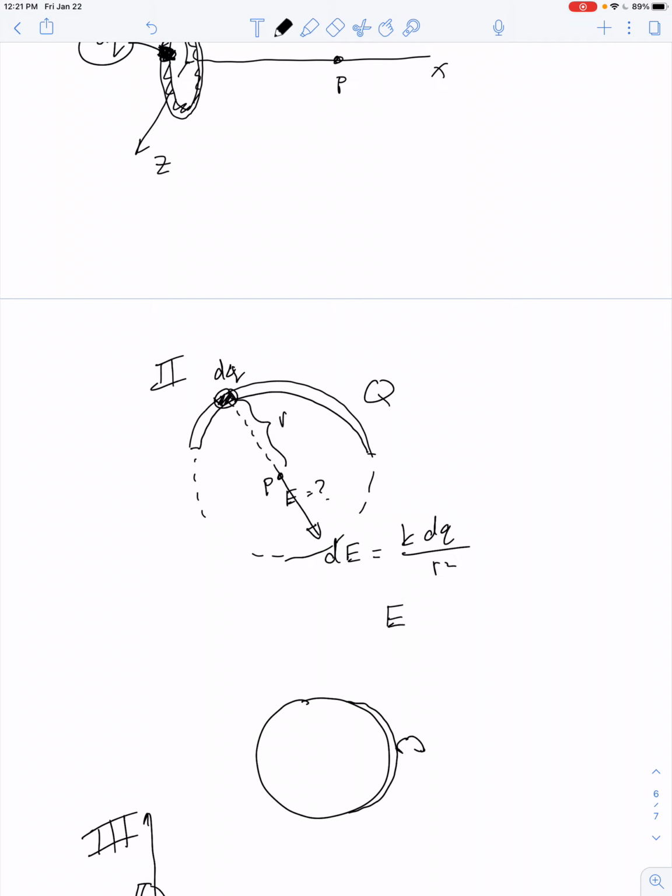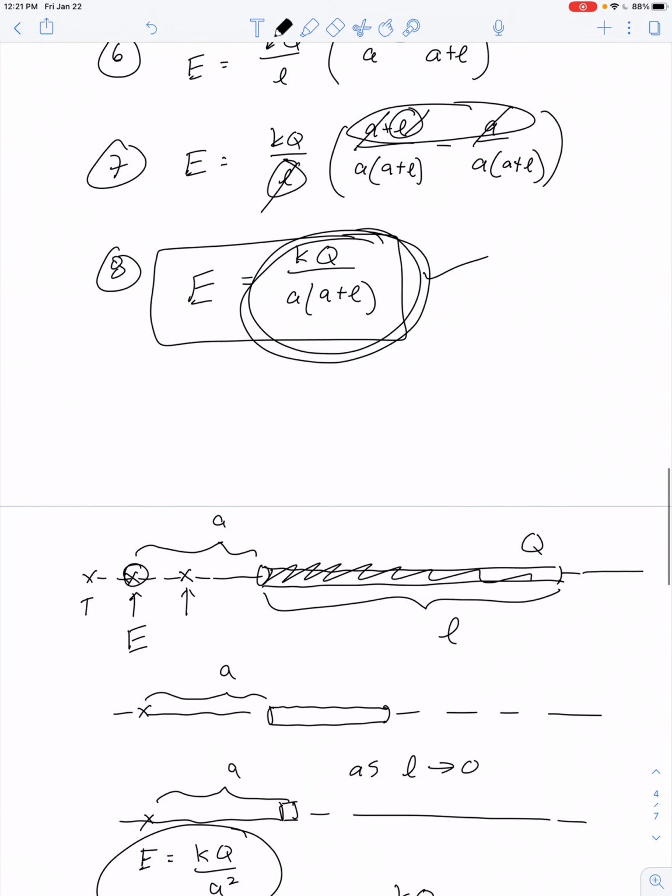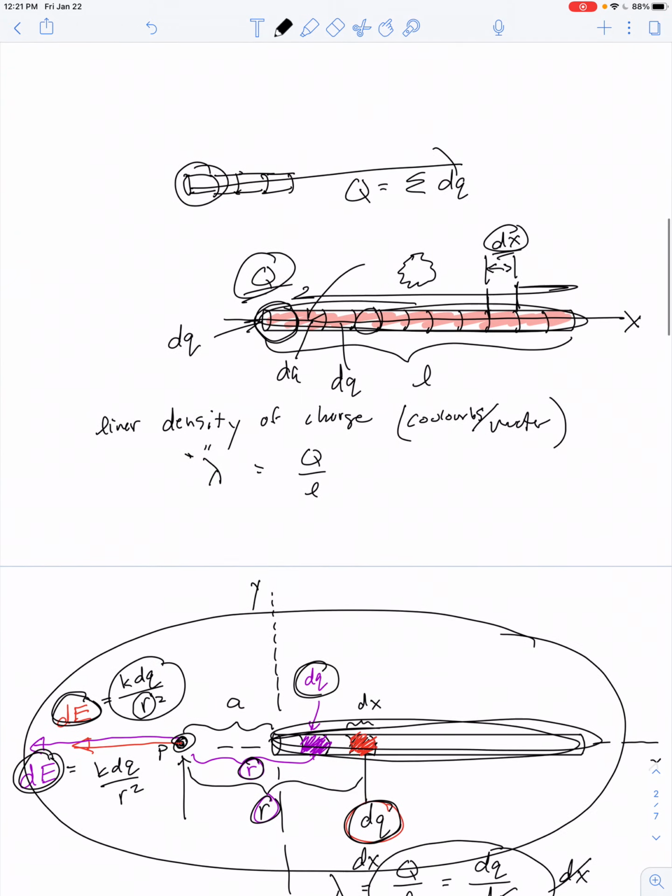And to find the overall electric field, we're going to have to sum up or integrate all the little contributions to the overall field. And then somehow make substitutions to get this all into calculus of a single variable. So there's a preview of things to come. Here's our first example, the uniformly charged rod. And as always, thanks